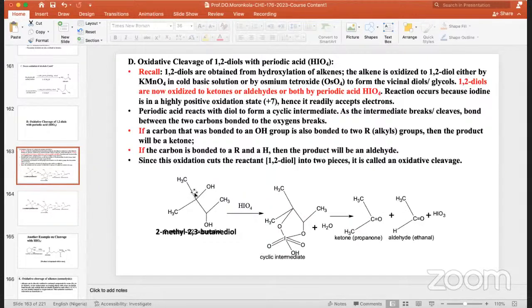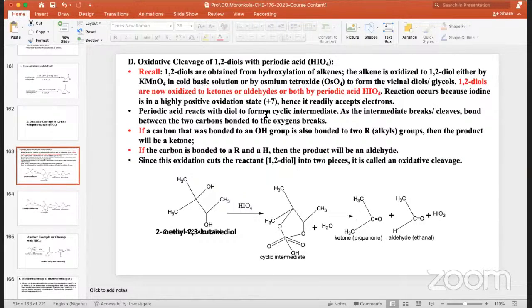Whereas the other carbon here, the other C-OH, which makes it the diol. You will notice here that this very carbon is not carrying any hydrogen with it. There are two CH3s bonded directly to this carbon. So when the breakage occurs, this will not form an aldehyde, but a ketone. That is what is responsible. This part of the molecule is what is responsible for forming the propanone, the ketone.